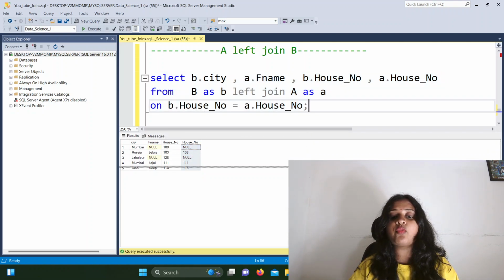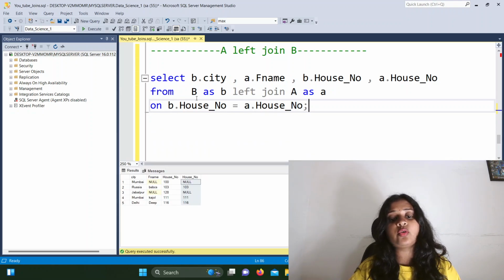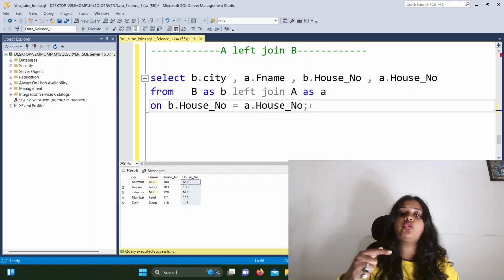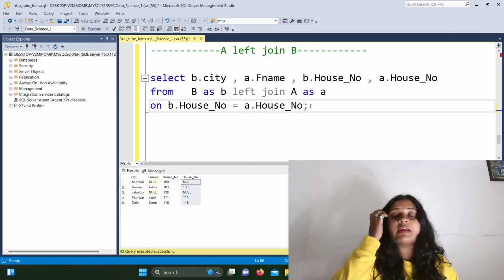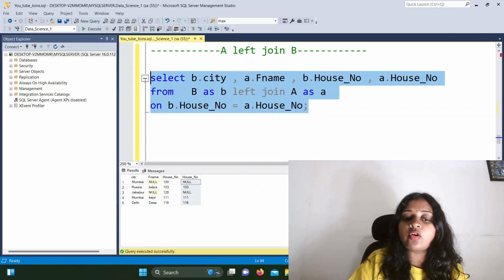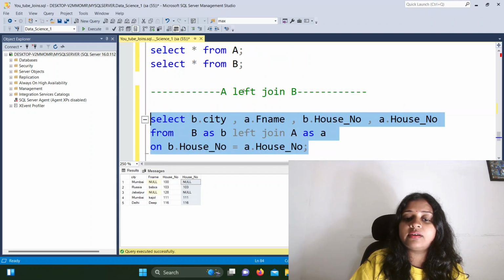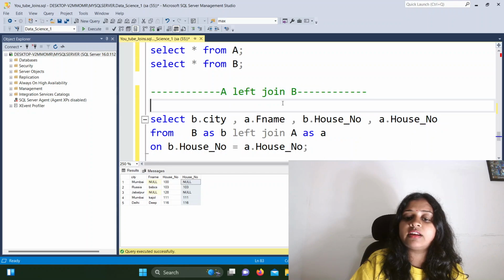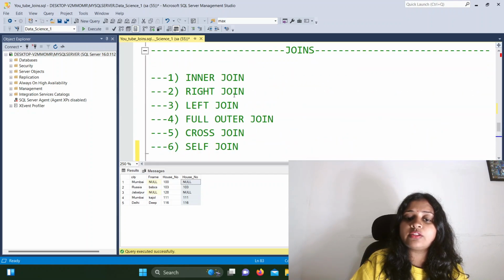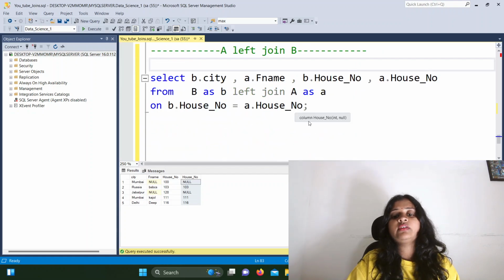Okay guys, I want you to please note down this syntax and try it at your end. It will definitely help you understand what a left join is and where we can use it in an actual scenario. So guys, this is all about the left join, its syntax, and basic understanding regarding the left join. Now in the coming lecture we are going to see another join, its implementation and practical usages as well.